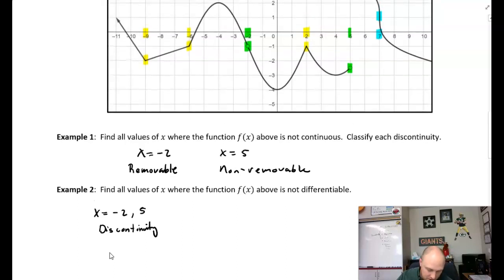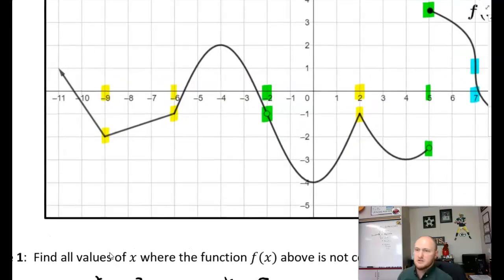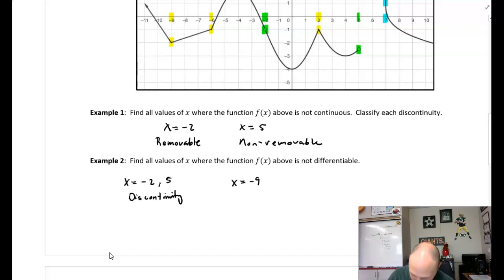And then we have the 3 sharp corners or sharp turns that we talked about at x equals -9, x equals -6, x equals 2. Okay, so x equals -9, -6, and 2. And then these were what we'll call sharp